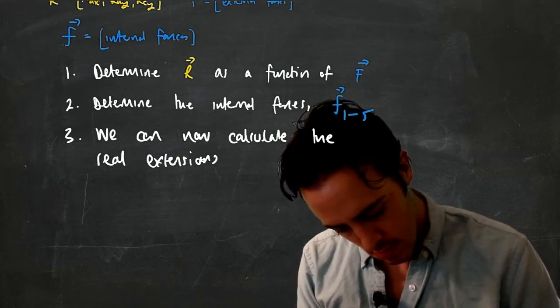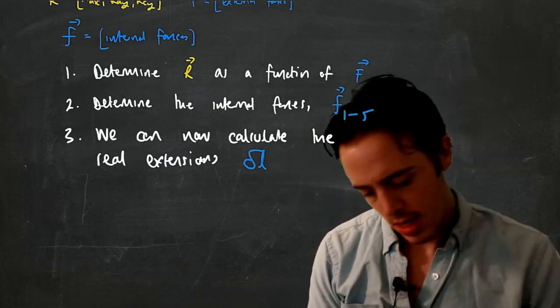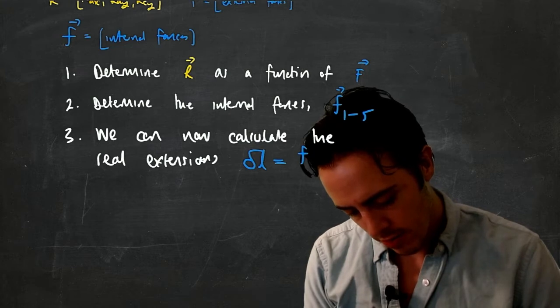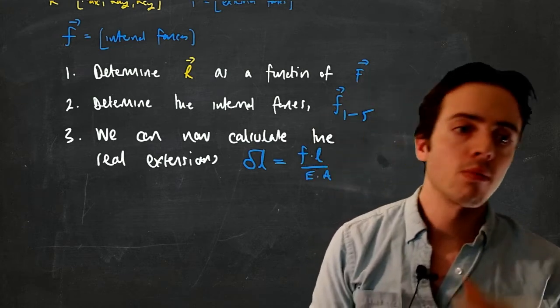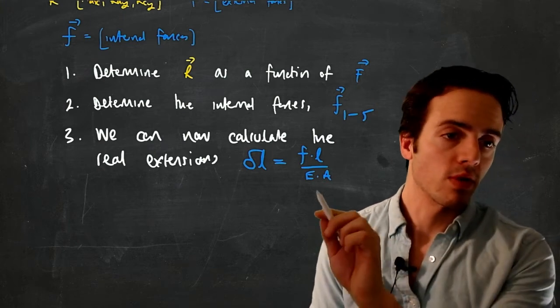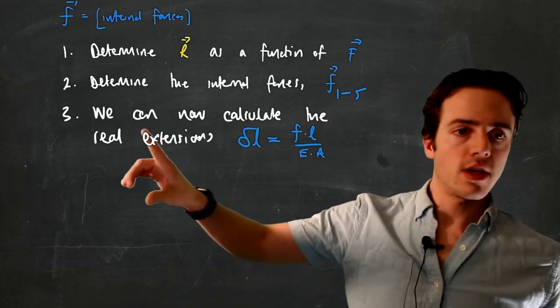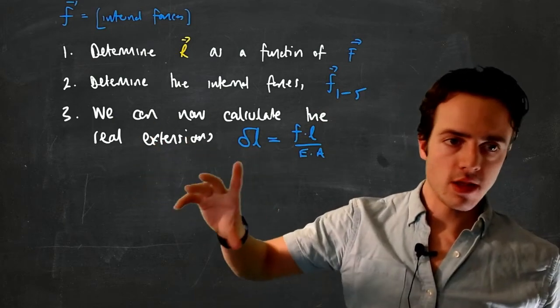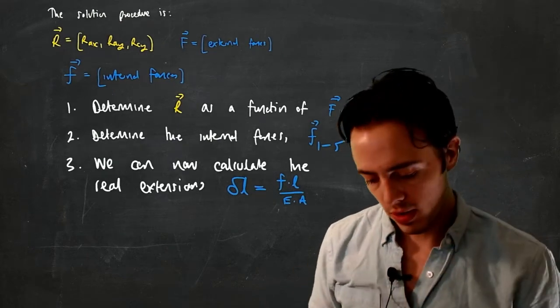Delta L is simply equal to the internal force multiplied by the length, divided by the Young's modulus and divided by the area. So these real extensions contain all the information that we need to know about how those external forces actually